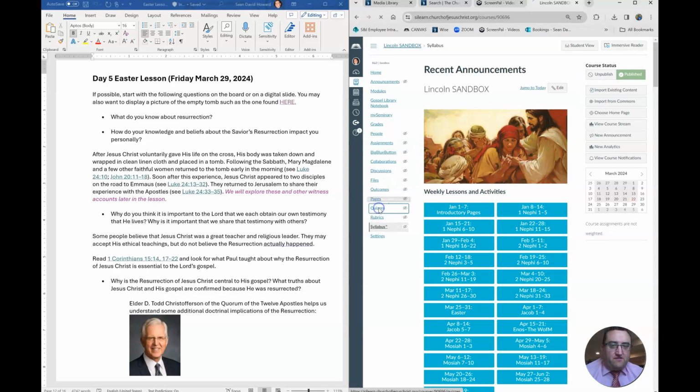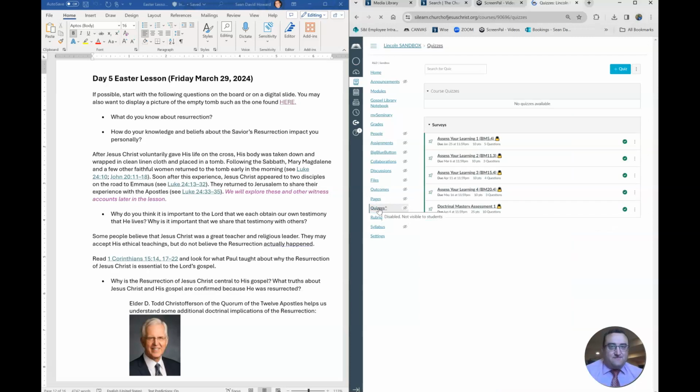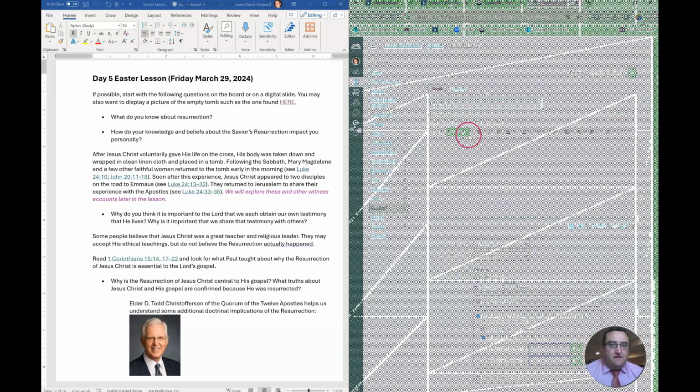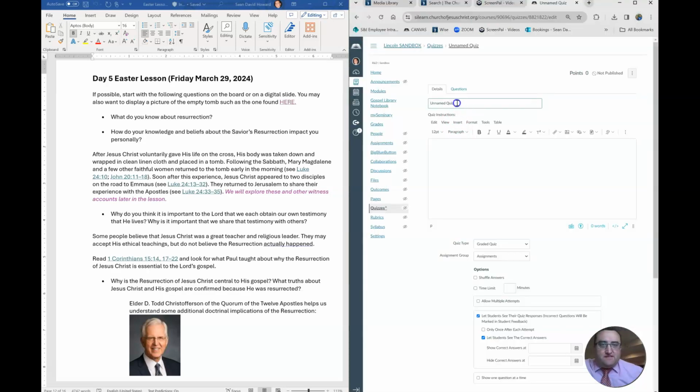So if I go down to the left-hand side here and click on quiz, I can add a quiz lesson. Now you want to give it a title. I might just say special Easter lesson or whatever you want to give as a title. If you have any quiz instructions that you want your students to see, I might just write something like, please take 30 minutes today to have a sweet experience